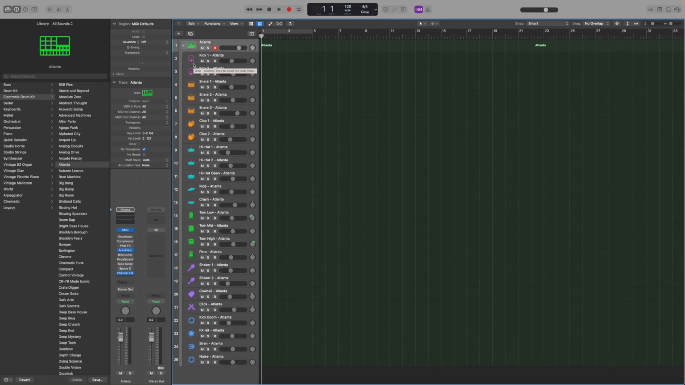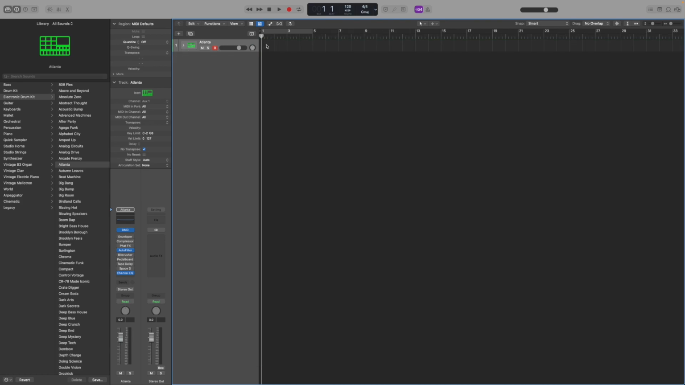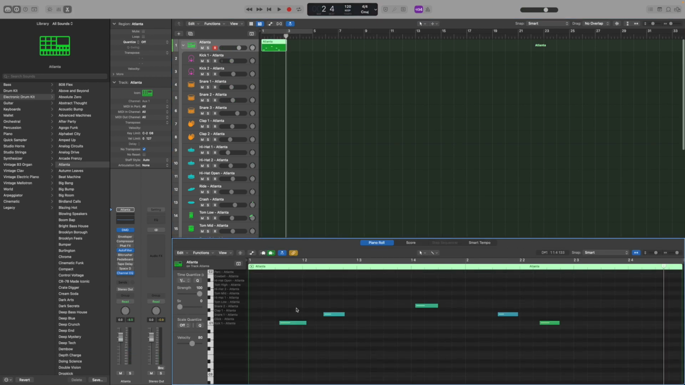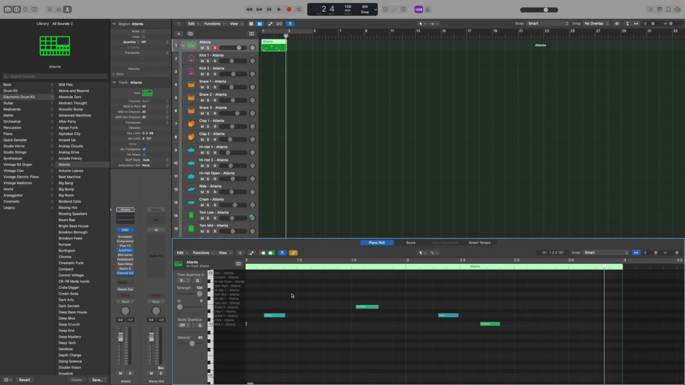Now, normally, since I have a MIDI keyboard, I would just go here and start playing some stuff. All right, and if you record that, it's gonna record in MIDI, right? So you'll have something that looks like this. But an easier way to do it, especially for drums,